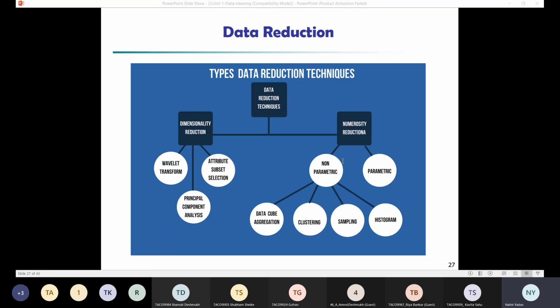It simply means that large amounts of data are cleaned, organized, and categorized based on the prerequisite criteria, which helps us to take business decisions. So there are a few data reduction techniques which we can see. These data reduction techniques are primarily divided into two methods: dimensionality reduction and numerosity reduction. So in dimensionality reduction, we have